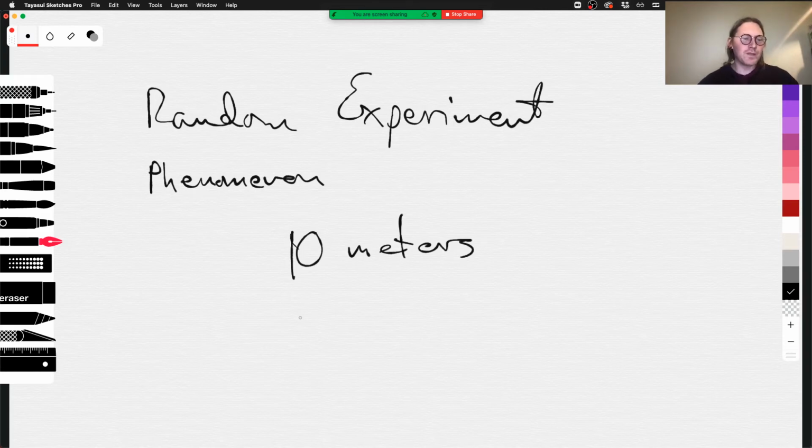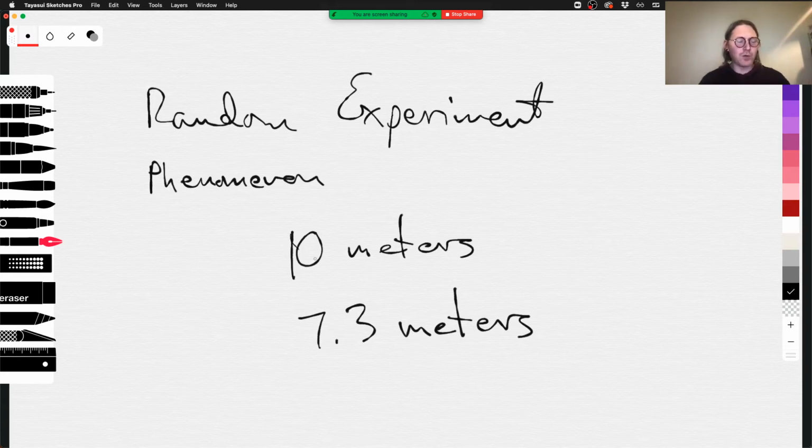Maybe another tree that you measure, let's say of the same species, is 7.3 meters, right? That's only two measurements, but the results of the random experiment, the outcomes of the random experiment, the events of the random experiment,